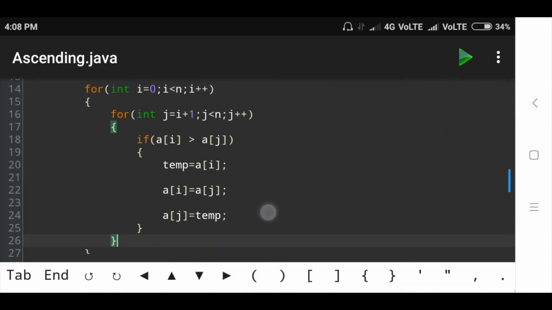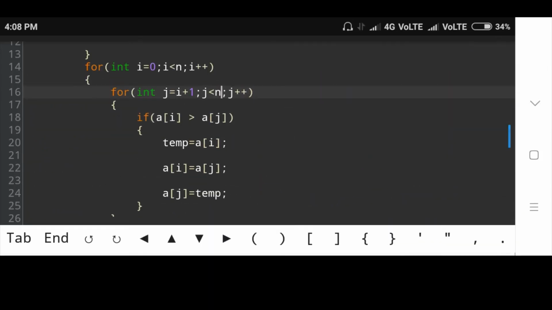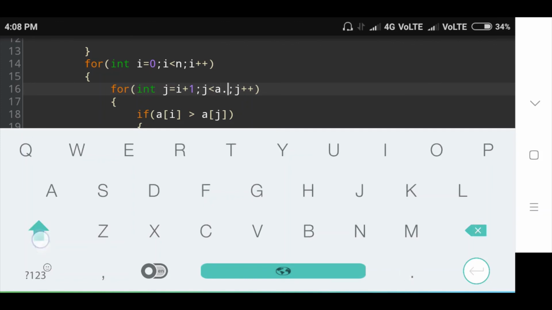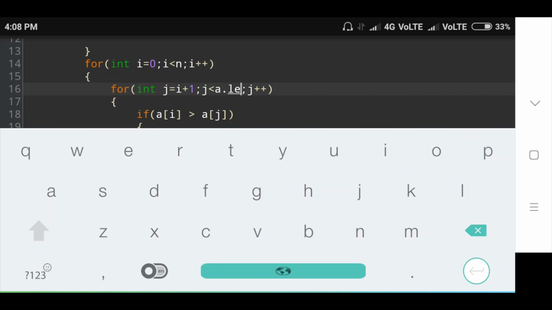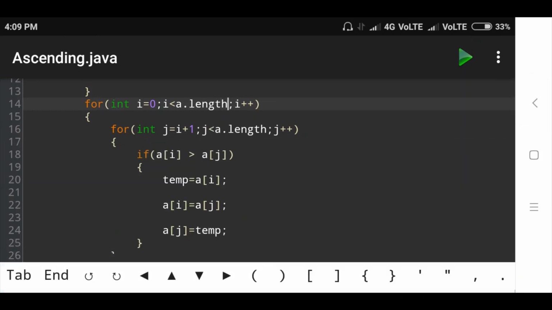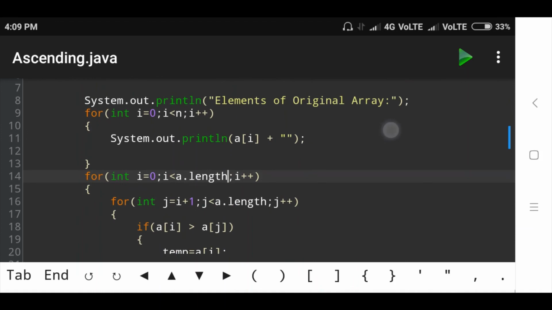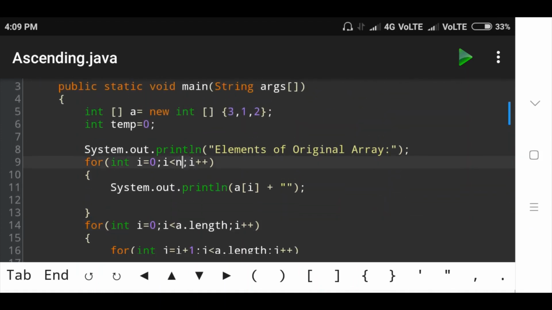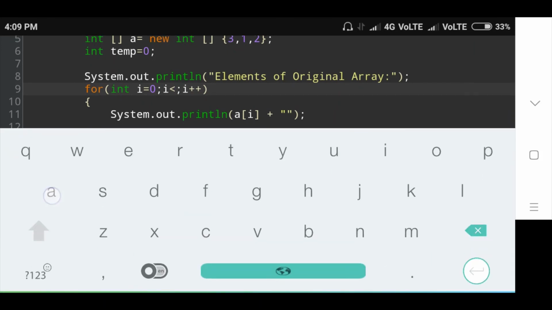Change it in this for loop to a dot length, array length.